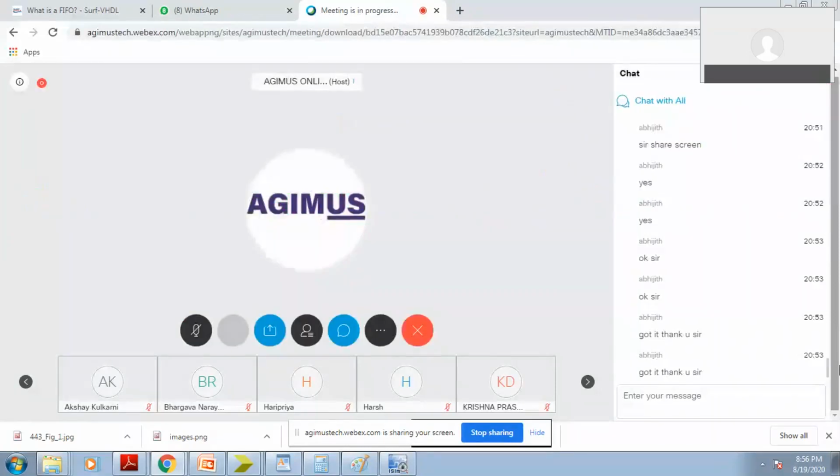See, there are a few participants who are very new to VHDL because they have been using Verilog. That is why they are unable to follow the steps. First thing, they must know the fundamentals of digital electronics.